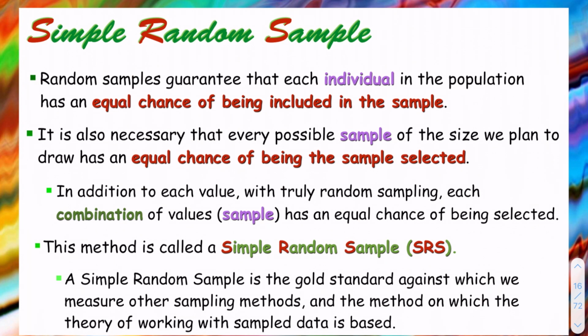Random samples guarantee that each individual in the population has an equal chance of being included in the sample. It is also necessary that every possible sample of the size we plan to draw has an equal chance of being the sample selected. So in addition, with truly random sampling, each combination of values, the sample, has an equal chance of being selected. And this method is called the simple random sample, or SRS as the book uses. A simple random sample is the gold standard. This is the Lamborghini against which we measure other sampling methods